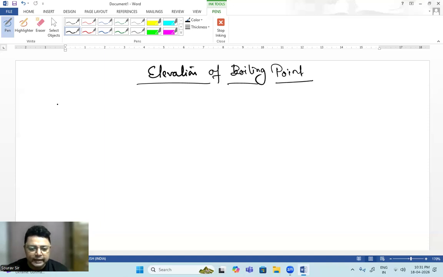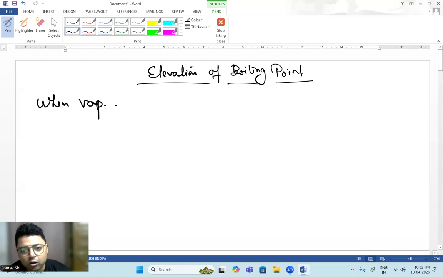The main thing is that when the vapor pressure that is being applied on the surface of the liquid, the vapor of the liquid which applies the pressure on the surface of that liquid, becomes equal to the atmospheric pressure which is surrounding it. So when the vapor pressure of a liquid, it can be any liquid, becomes equal to